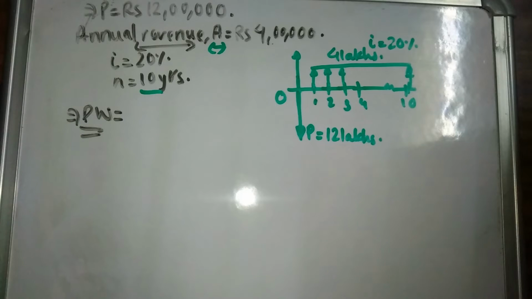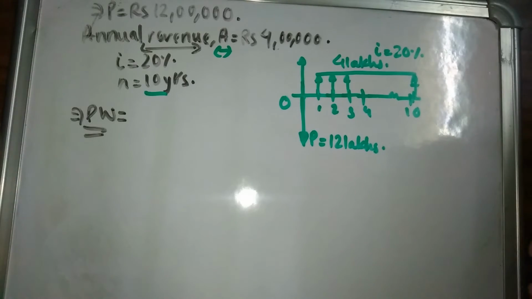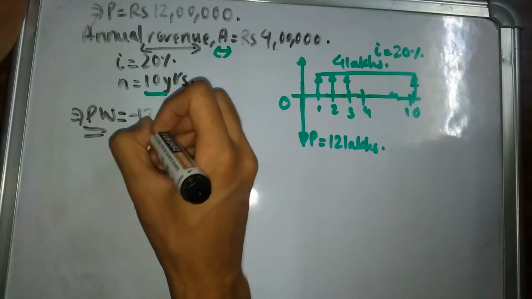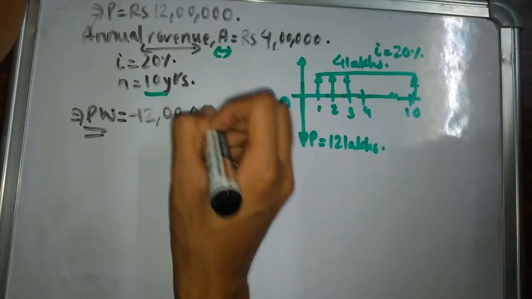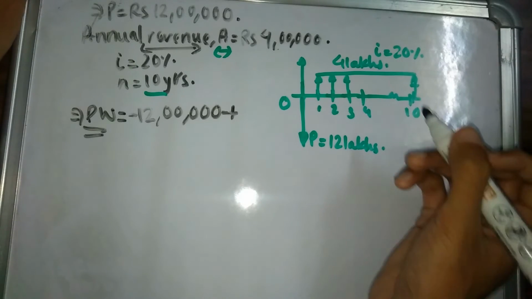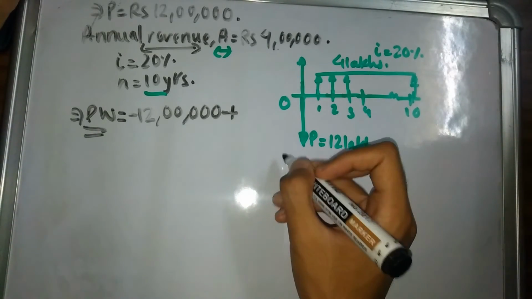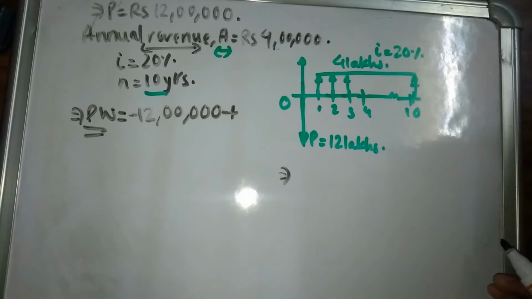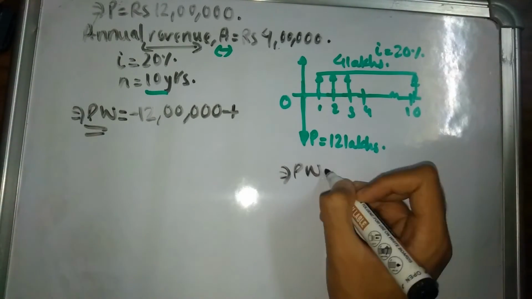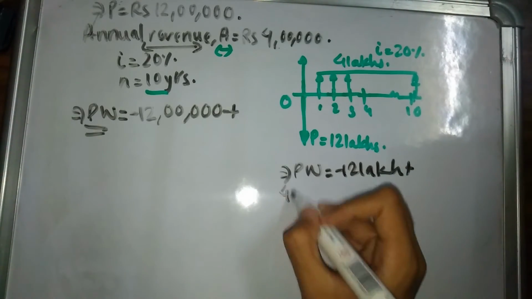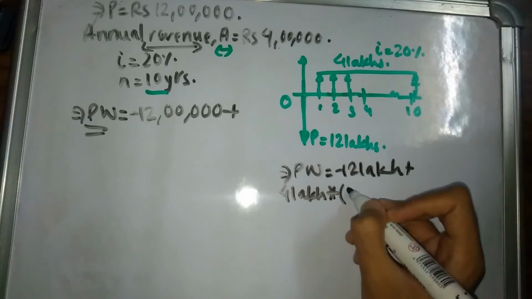In order to find the present worth, since this is a revenue dominated cash flow diagram, I am going to denote my cash outflow as negative. So this 12 lakh is going to be negative, minus 12 lakhs. Now all my other cash flows are going to be treated as positive. So let me write this down in this way. Let me write down my present worth: minus 12 lakh plus what I can do is 4 lakh into P by F